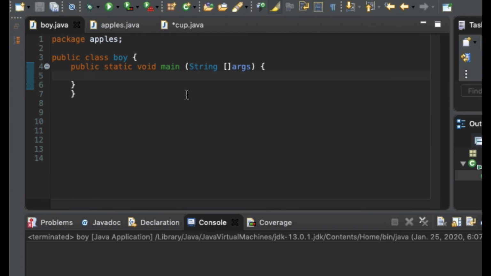Now to call this one, I use another class I created. In this one I create the object. Since the class I'm dealing with is Cup, I'm going to create the object now, named cup object, that's equal to new Cup. And here we decide what's going to be the day, the month, and the year. I put 4 for the day, 5 for the month, and 6 for the year. Now if I go and run this one,